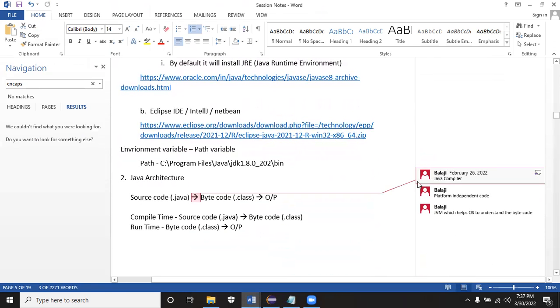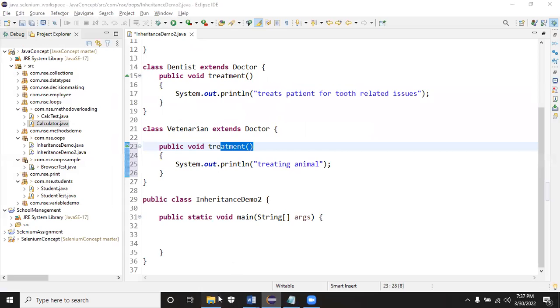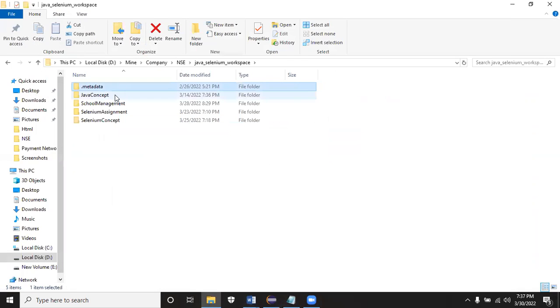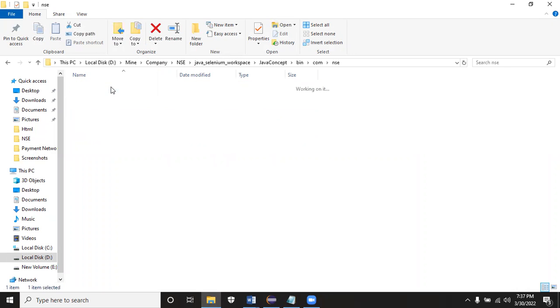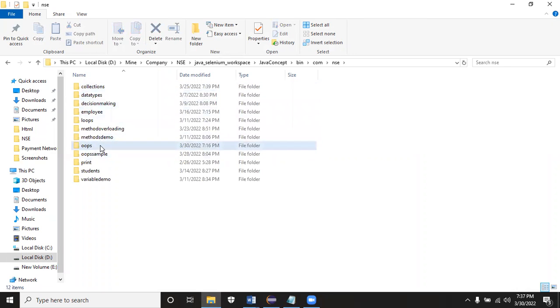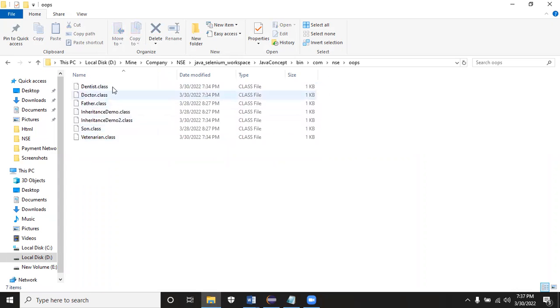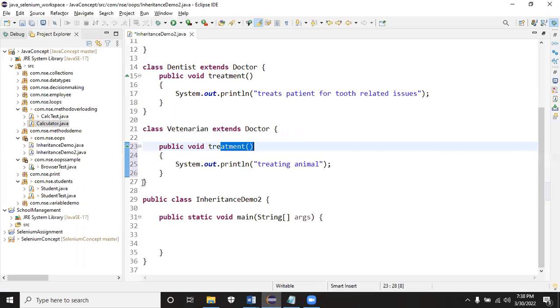Runtime is bytecode to output. Whenever you save the class, the bytecodes will be generated automatically. You can see inside the Java concept bin folder, you will be able to see the bytecodes. You can see that over here.